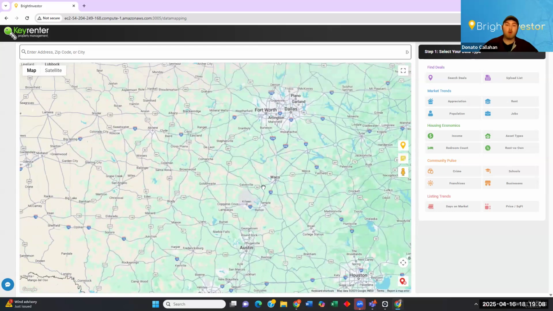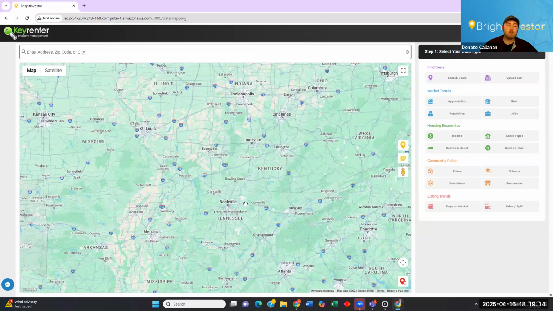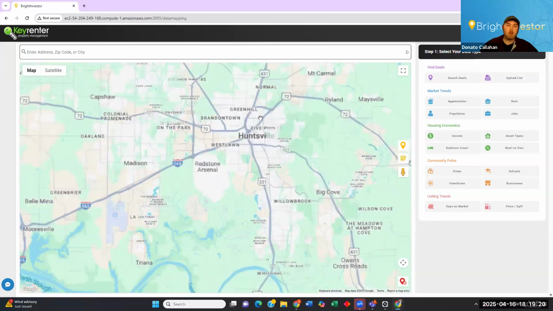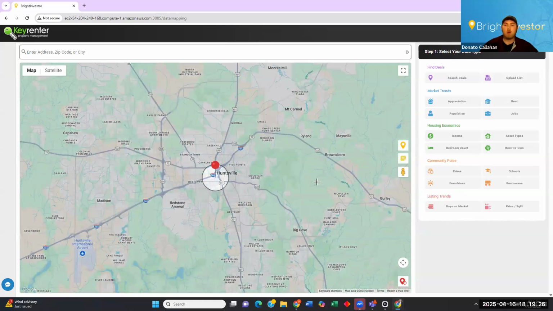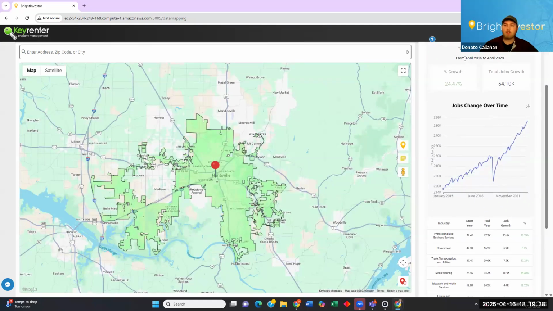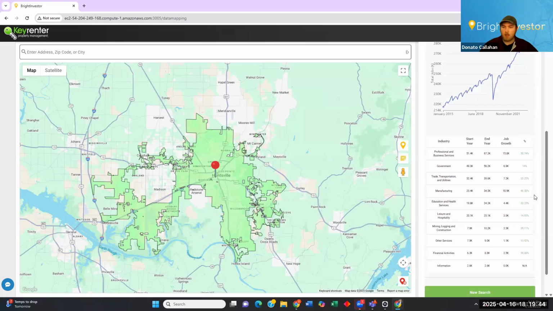So what we want to do in a midterm rental space is ensure we know who our target demographic is. And an easy website to reference for this is a platform like Furnish Finder. But let's say I'm going to do a midterm rental in Huntsville. The most important thing we can look at is what comes to the area, in jobs. If I'm looking at Huntsville, Alabama, look at that job growth: 24.5% over the last several years, which is absolutely crazy. And the biggest growth in their marketplace is in manufacturing, professional business services, and mining and logging construction,